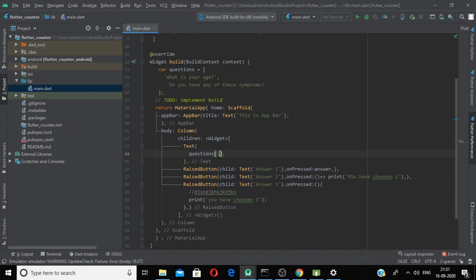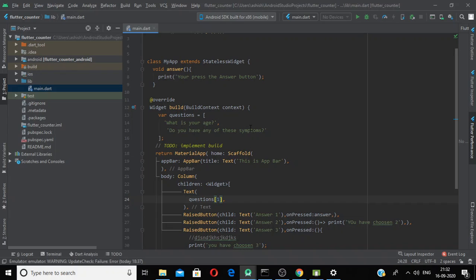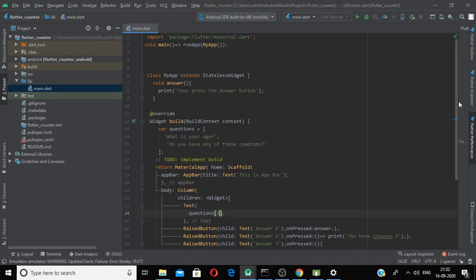So as we are very clear that we want to add a variable here instead of writing 0 or 1 manually, we will add one variable, but not inside this build method, because whenever Flutter wants to change anything on the screen, it calls this build method, and the variable value will automatically get reset.